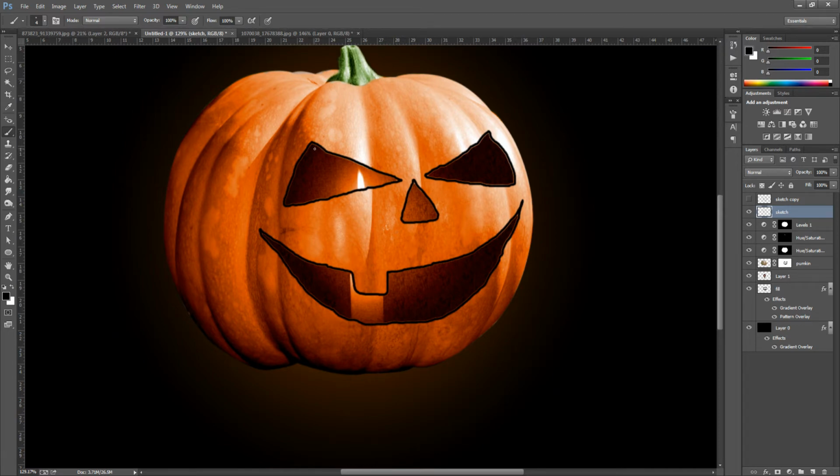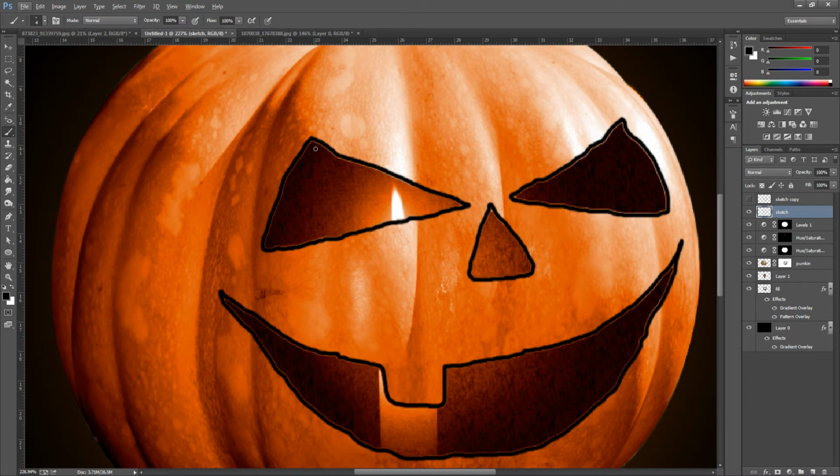And then all we're going to do is zoom in now, and if you follow me, we'll just go around on the first eye like that. All we're doing is adding some inside bits, so nothing too complicated, so just a bit more there.